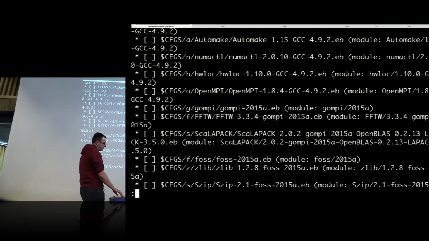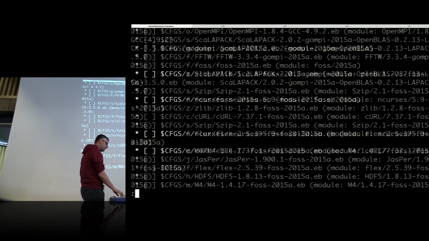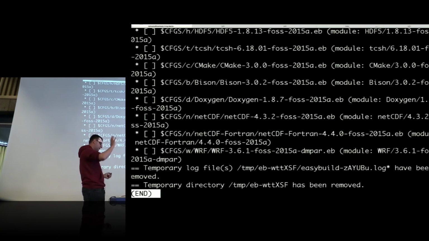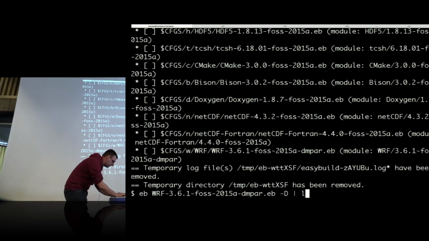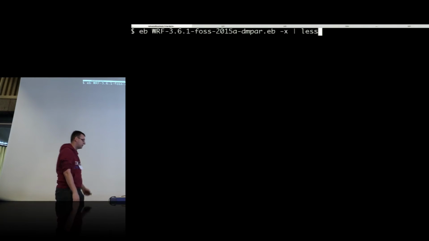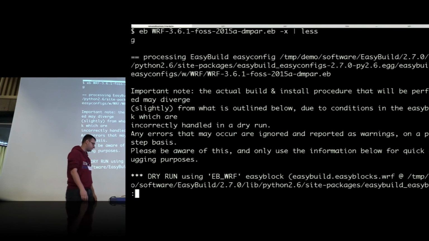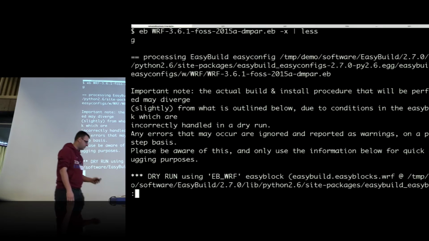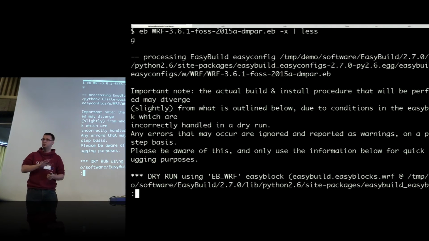I'm not going to install all of these here, especially because it starts with building GCC. This would take a little bit too long. Basically, everything is missing, and okay, we would have to start from scratch. Now, what I can do is ask EasyBuild with extended dry run, or just minus capital X, what it's going to do for WRF. It's not going to tell me here all of the dependencies. I can make it do it, but for now